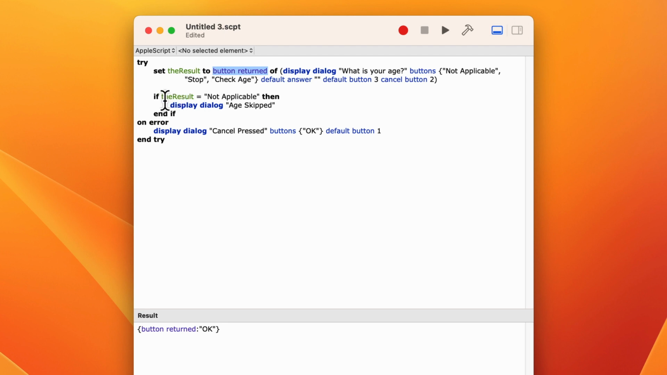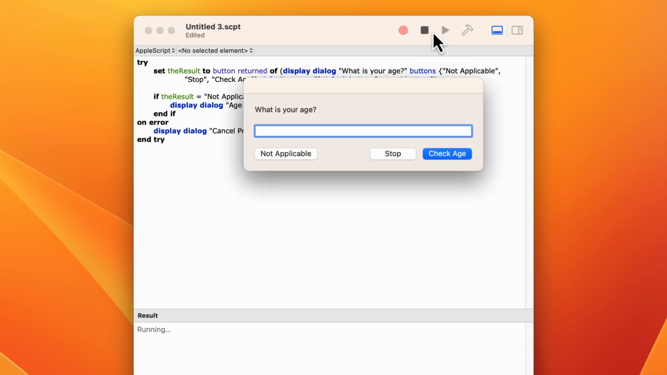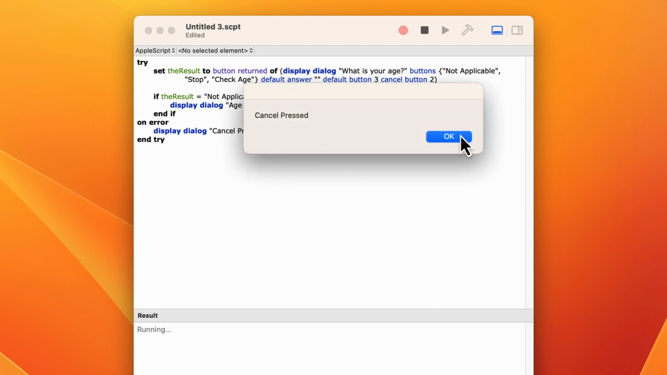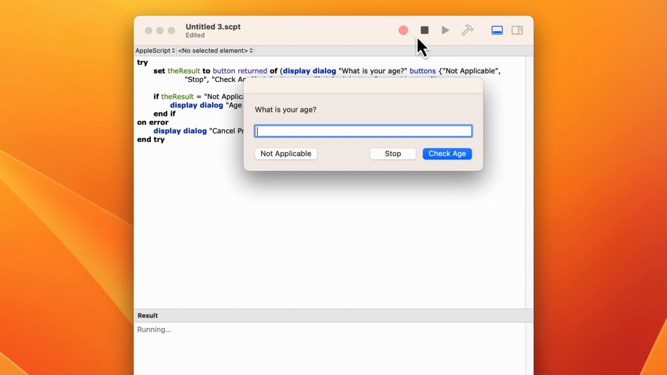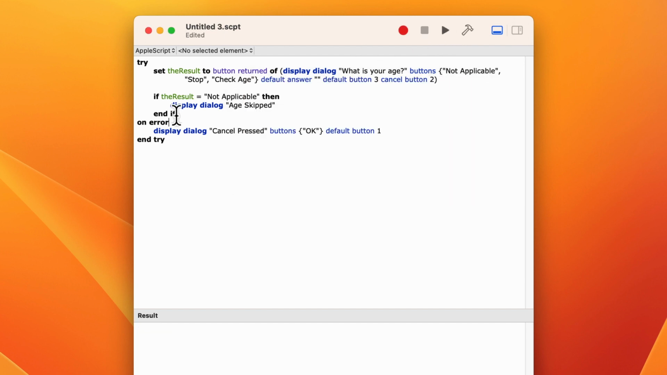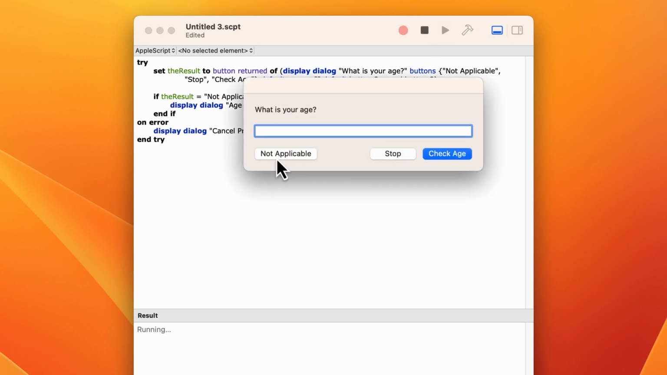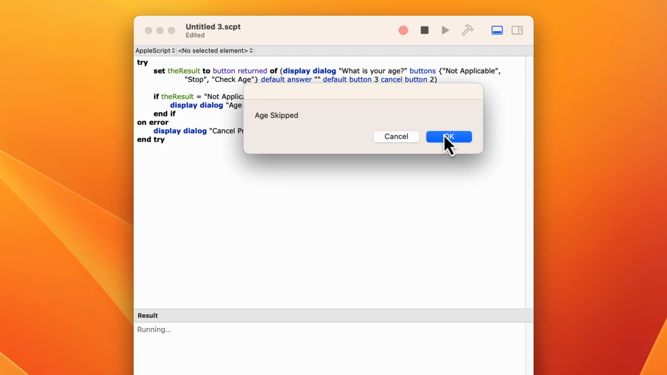So subsequently, I don't have to check if button returned of the result is equal to, I can just say if the result is equal to not applicable, and then we're going to display yet another dialog. So let's run this. If I hit stop, it should tell me cancel pressed. Run it again. If I press check age, nothing should happen because we're not doing anything if the user does choose check age. Let's run a third time, and we'll click on not applicable,